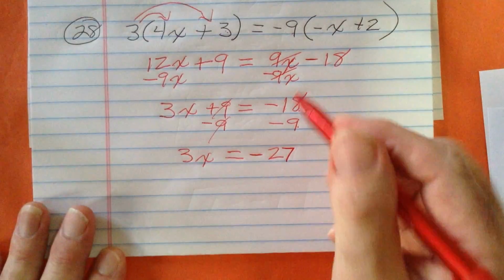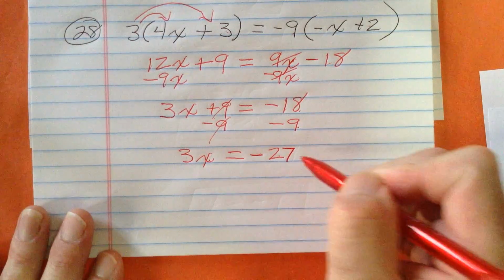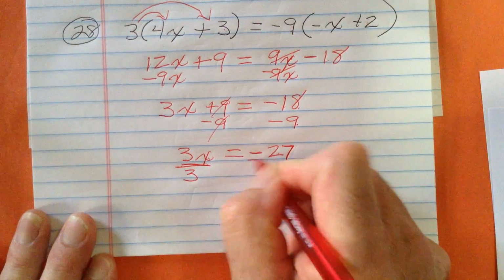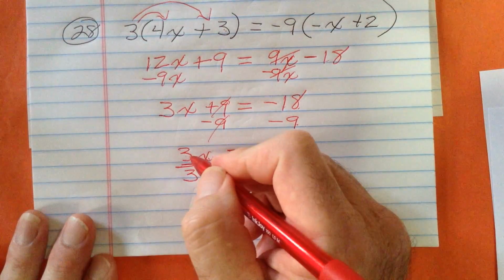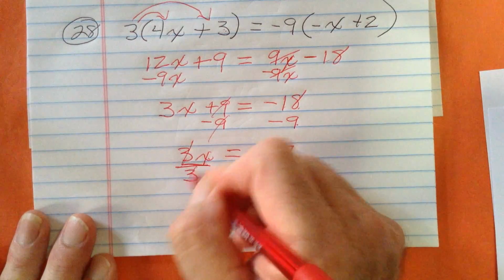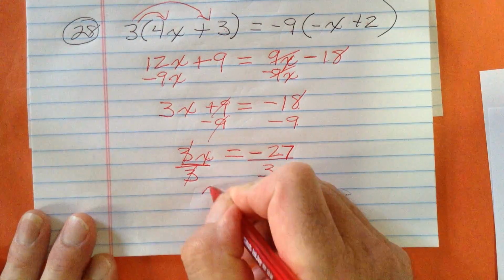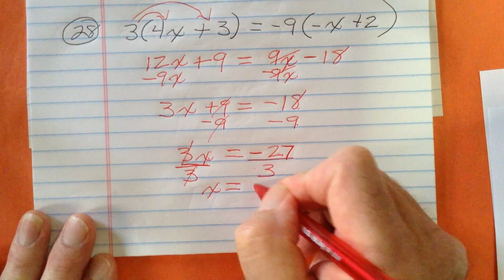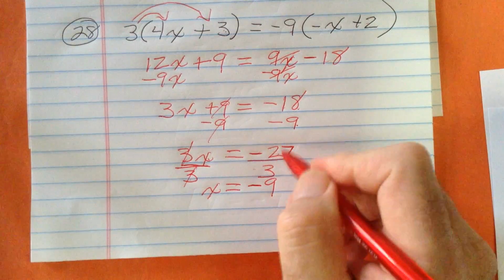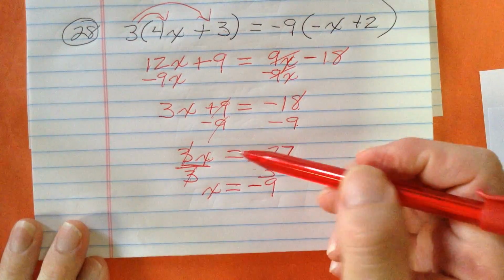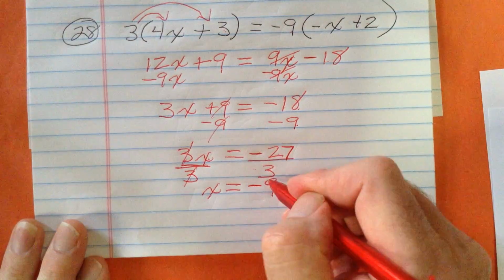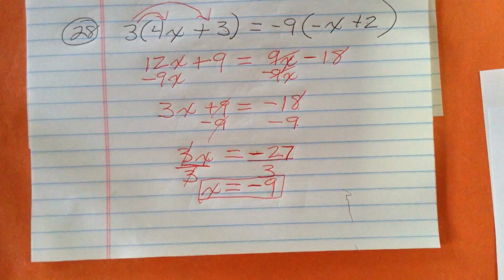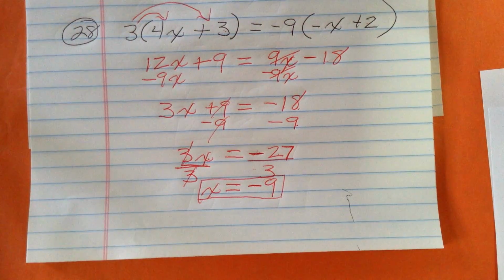So the last step is 3 times something equals negative 27. A lot of people, well, 3 times 9 is 27. But if I stick to this here, the opposite of multiplying is dividing. So 3 divided by 3 is 1x, or just x, equals negative 27 divided by 3. That would be a negative 9. See, that's something you need to be careful with, because sometimes people will see, oh, 3 times 9, that's 27, and just put down the 9. But you got to pay attention to your signs. So that will be the answer, number 28. X would equal